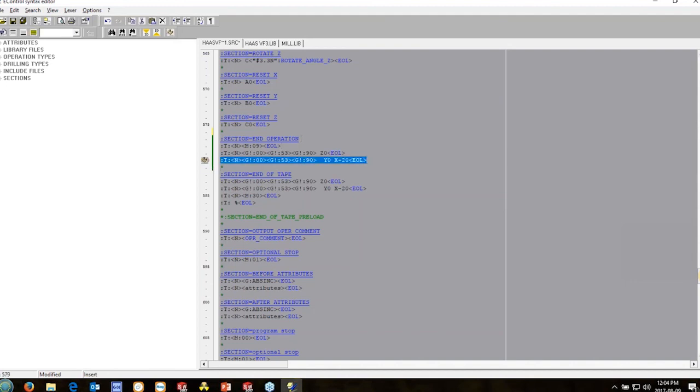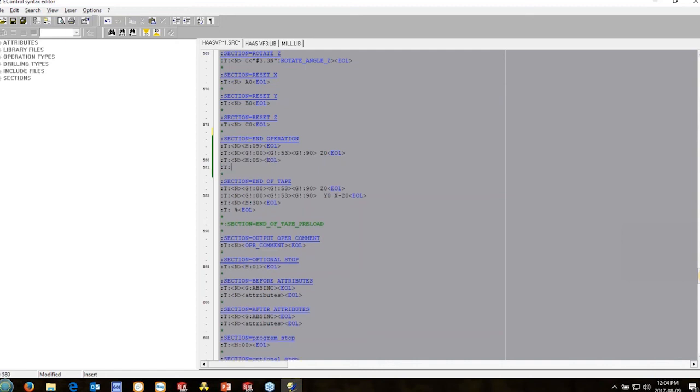But in this case we don't want it to go to that X0, Y0 at the end of every operation. We don't want it to bring it to the front of the machine at the end of every single operation here. So all we're going to do is basically tell it to turn the spindle off. So we'll just go N M05, end of line, and then we also might want an optional stop right here. So we might put in M01, so that at the end of every single operation before a tool change, I can just flick the switch if I needed to, and it will stop automatically at the end of every single one. So I just save it,